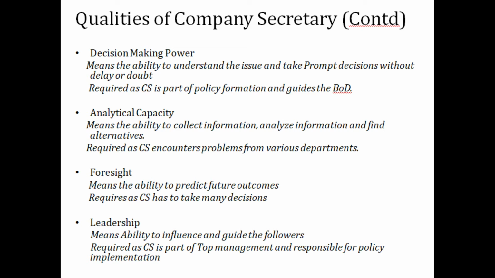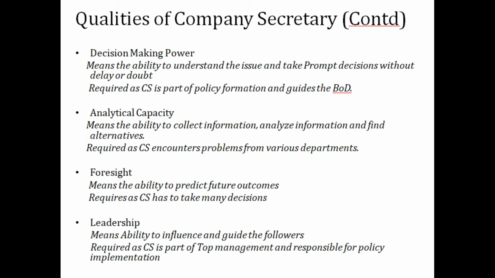Foresight. To take a good decision, the CS should have the foresight to analyze the future impact or consequences that the decision taken by him in the present will have. For example, you may learn in accountancy or other subjects about bonus issue of shares and rights issue of shares, or say employee stock options. These are all methods through which the company can issue its shares to its existing shareholders